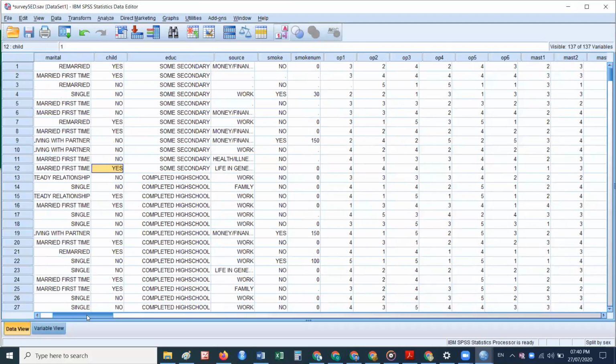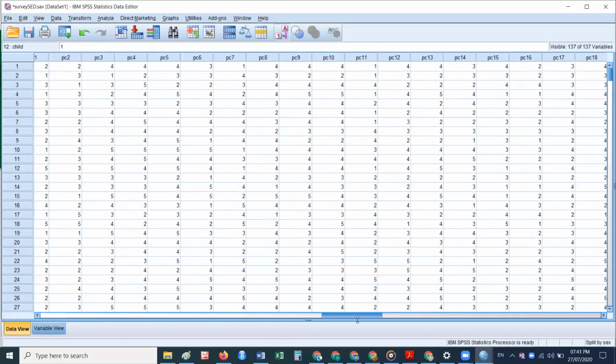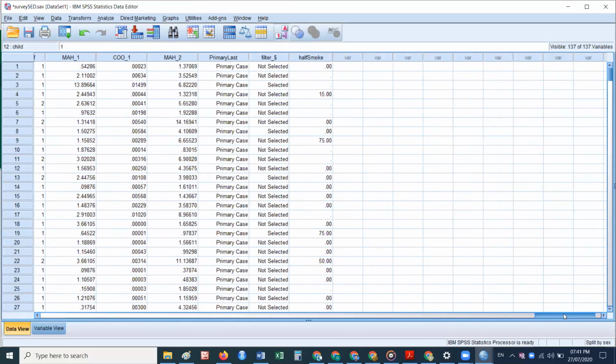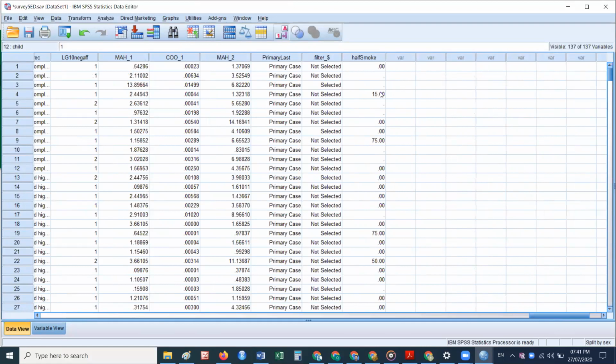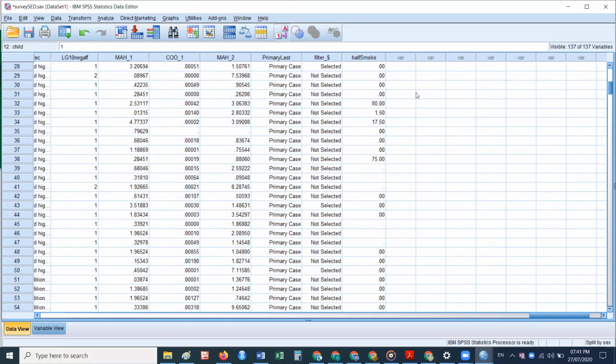Now I'm moving to the last variable. What number should be there? 15, because I used half of the cigarettes. I calculated half of the smoking, and these are the halves. This is basically 80, which means 160 is the actual figure.